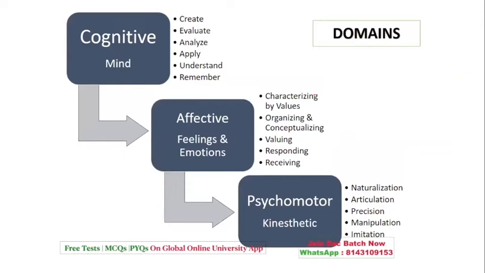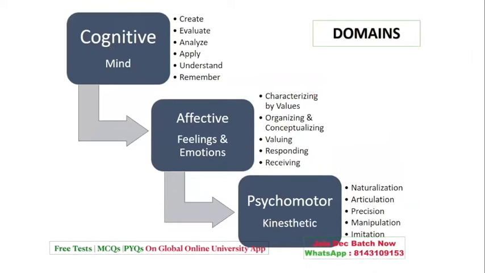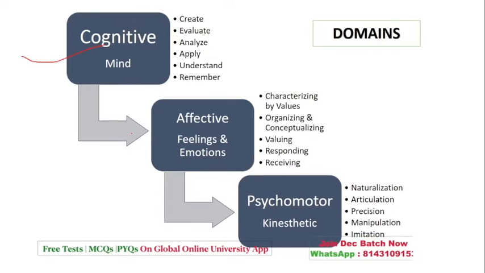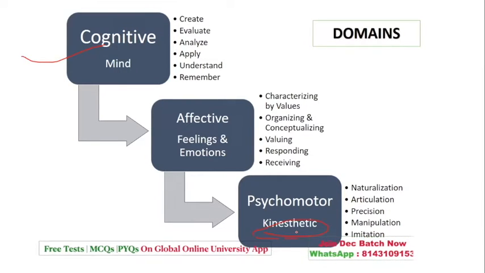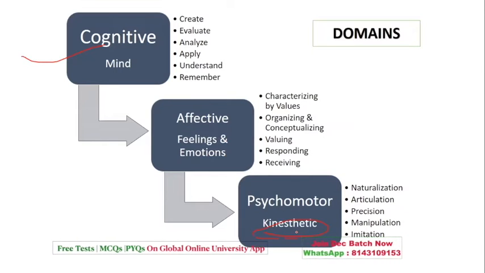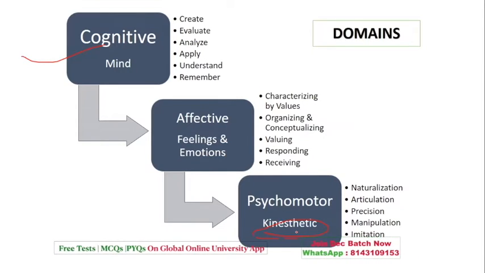Now, levels, I meant to say domains. What are the various types of domains? Basically there are three types of domain: cognitive, that goes with your mental ability; affective, that goes with your emotions and feelings; and psychomotor, that goes with your kinesthetic energy. From this topic, 101% a question is going to come, wherein they will ask you to arrange the cognitive or the affective or the psychomotor domain, or they may give you certain examples, and from the examples they will tell you to recognize the domain. So you have to be very careful.